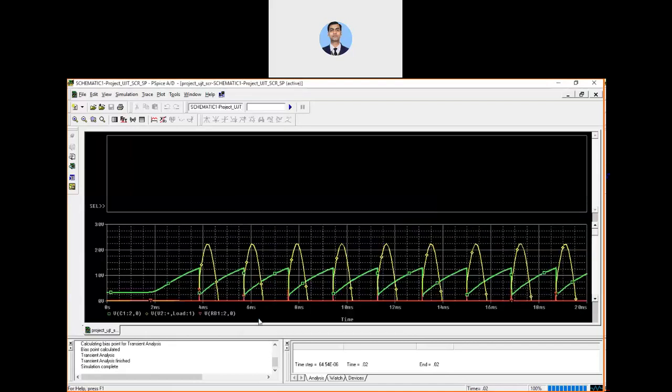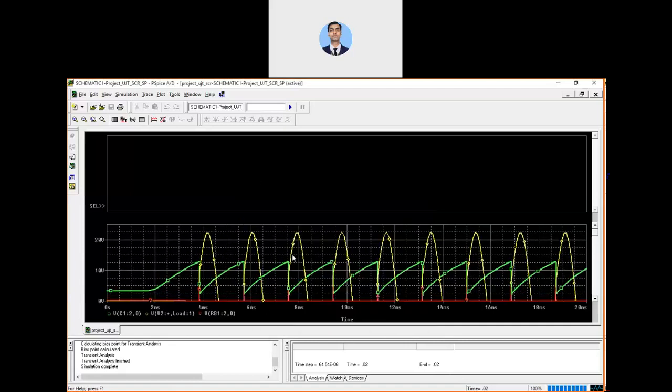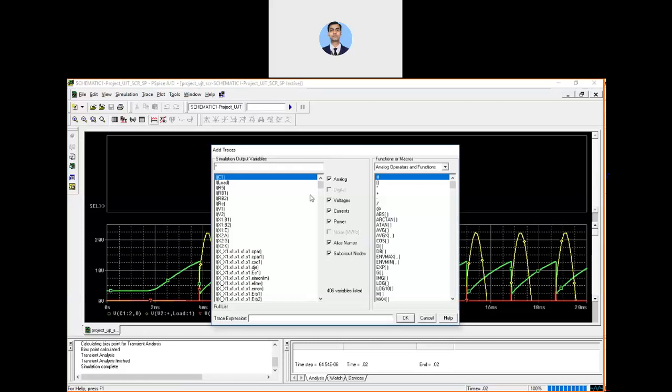You can adjust all these things. If you make it 25 also, that is okay. It will expand. Now why did I do this? Because I want to expand this waveform properly, and you can also take its input.